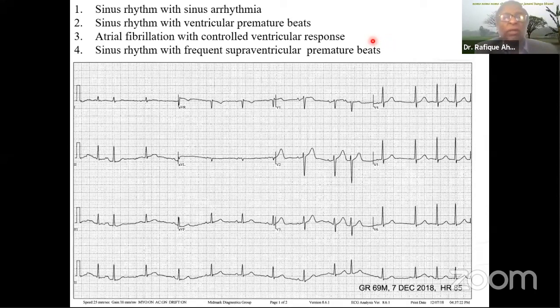So we have all the choices here, including sinus rhythm with sinus arrhythmia, but there is no pattern, even though I put this choice. What we have is one short RR interval and then a long one and then it continues, and then there is one beat here. So it doesn't fulfill sinus. Ventricular premature beats are mostly wide, not always, but these premature beats are narrow. Atrial fibrillation is not a choice because there is a P wave before each QRS complex. You can see in lead V1 a clear P wave, even though there are irregularities. So that brings us to sinus rhythm with supraventricular premature beat.